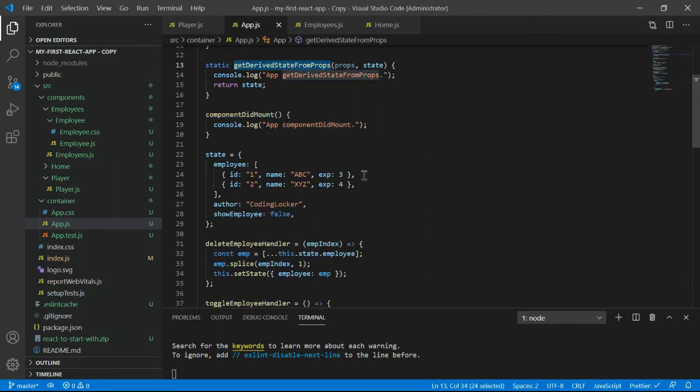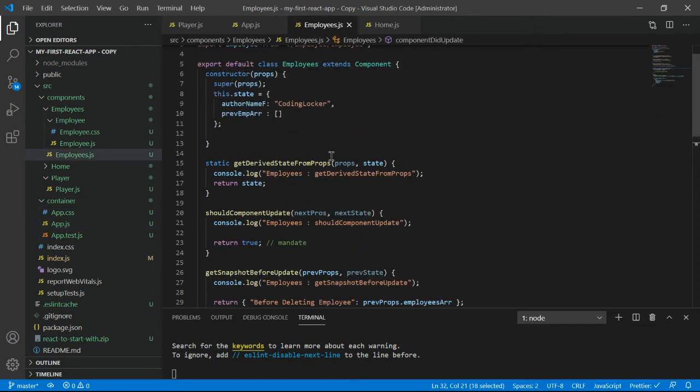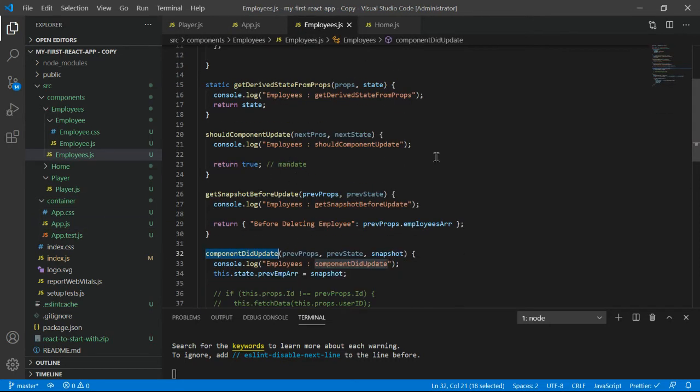If you remember from my previous part, I already updated for componentDidMount, the constructor, and getDerivedStateFromProps. So these were for whenever a component is getting loaded. This time we will make the update. So these are the four methods I have added. And about the code, don't worry, all the code is always available at a GitHub location with every video. You can find it in the discussion tab.